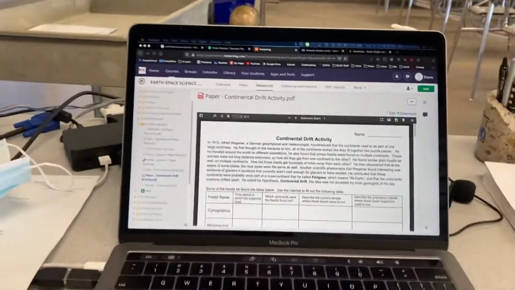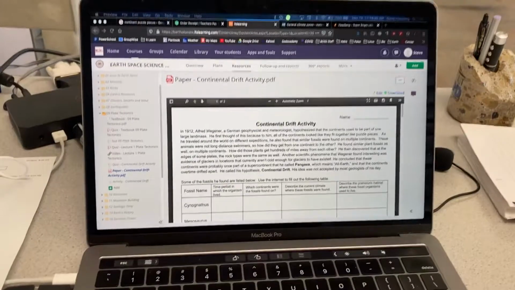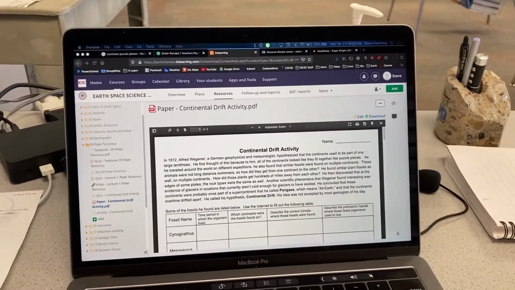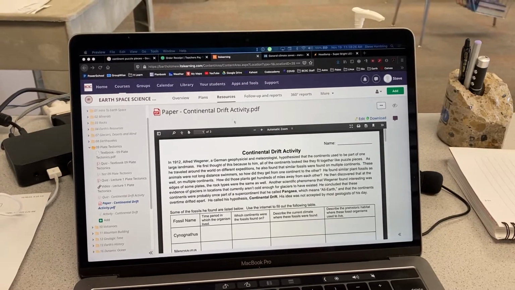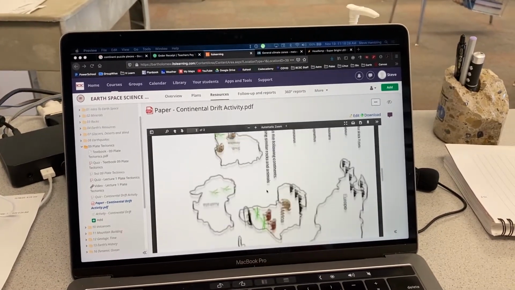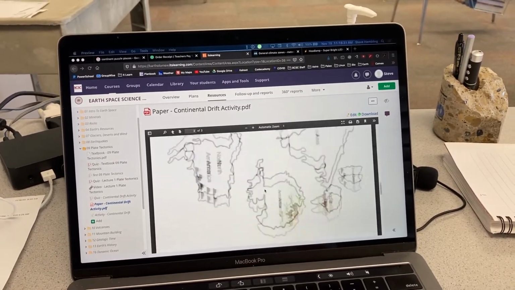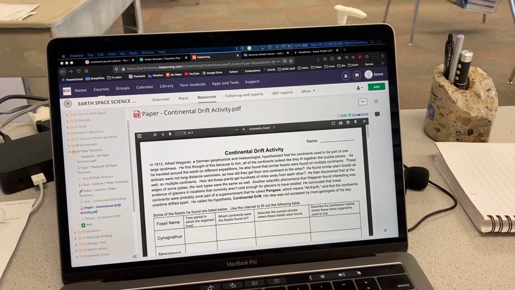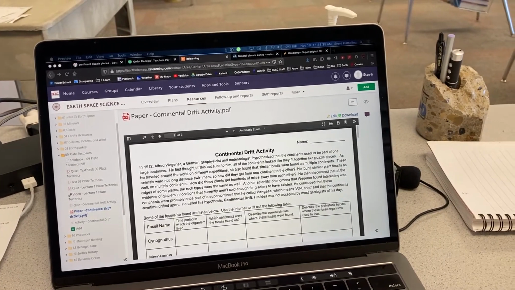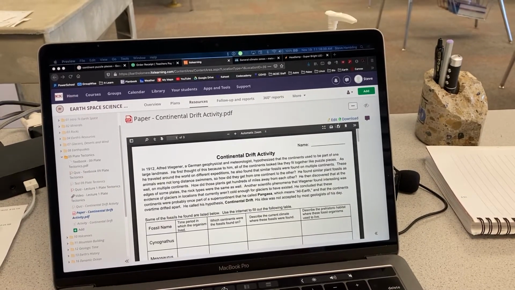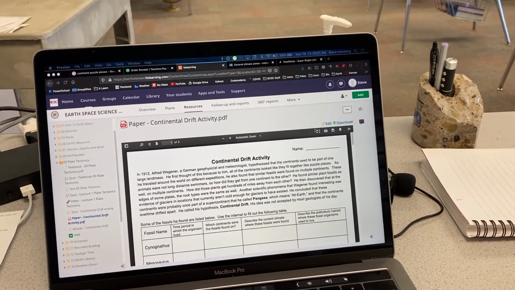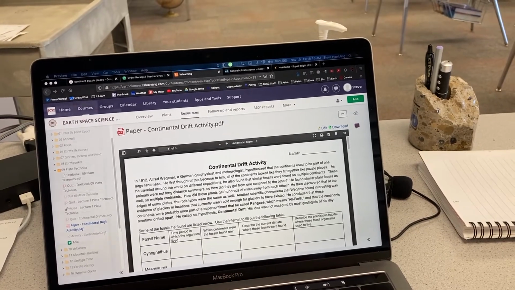Let's say you're looking at your computer there. Get you zoomed in here, and you're on the Continental Drift activity paper on your computer on It's Learning, and it comes up here. Well, it's going to be kind of small, okay? It's in color on here. If you click the download button, you can download it. If you just go to the viewer, I don't think it makes it very big. It's still pretty small. So try and click the download, and when you download it, it will look